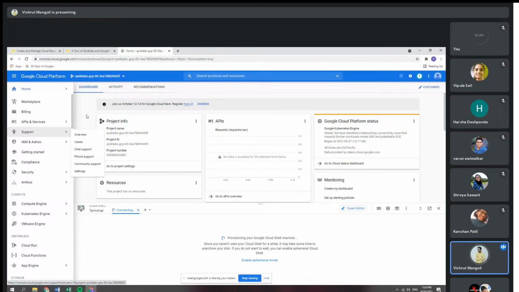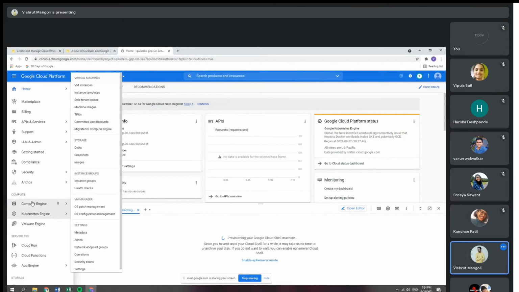So all the services that Google has can be done in two ways: either through Google Cloud Shell by typing in the code, or by using Google Cloud Console. Using Google Cloud Console, you don't need to know how to code it, but you should understand the concept. So if you know the concept, it is very much easier to do it without the code as well.